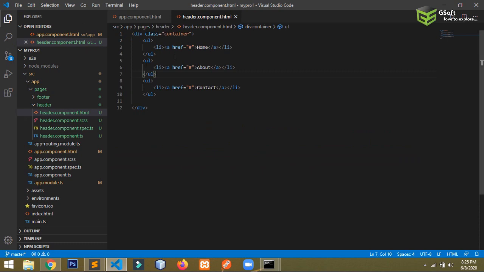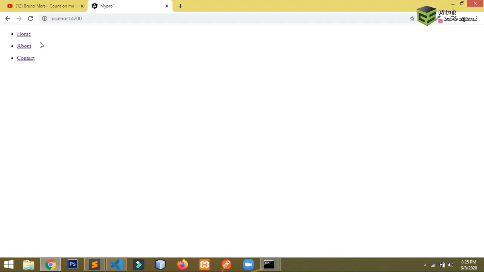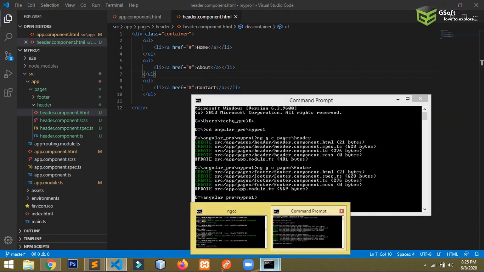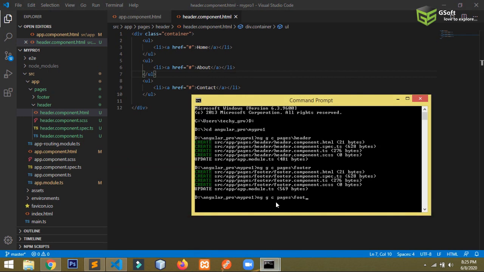Suppose I want to add a page, so for that you have to create a component. How to create a component I have shown you. So let me create one more component, named about.